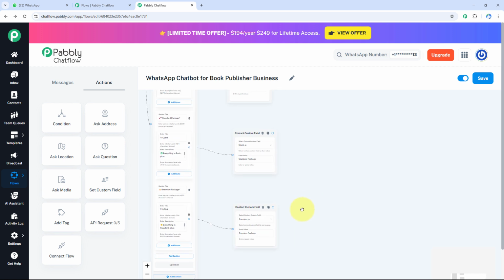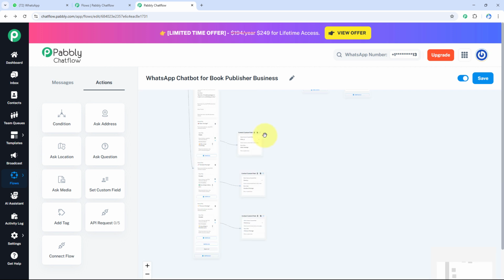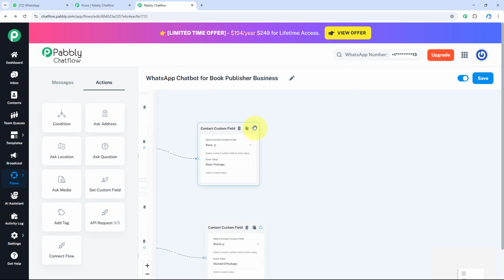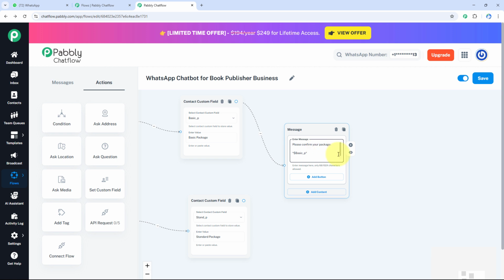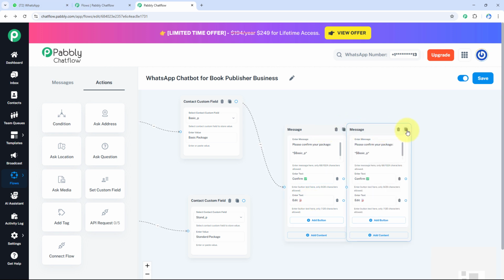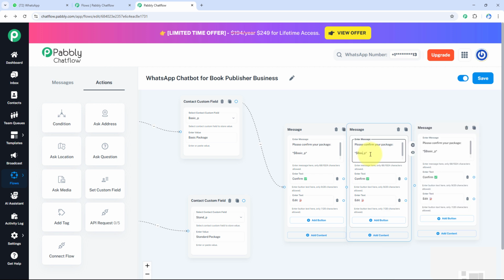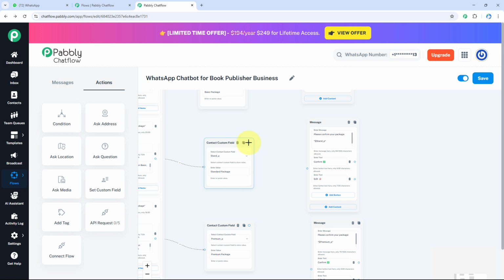Now I'm going to create a confirmation message. For this, I'll drag and drop this hollow point and select text plus button. As you can see, I've entered a message for the confirmation. Now I will enter 2 buttons, one to confirm and one to edit. Now I will create 2 copies of this same node and edit the contact custom field name like this. And I will connect each node to their relevant node